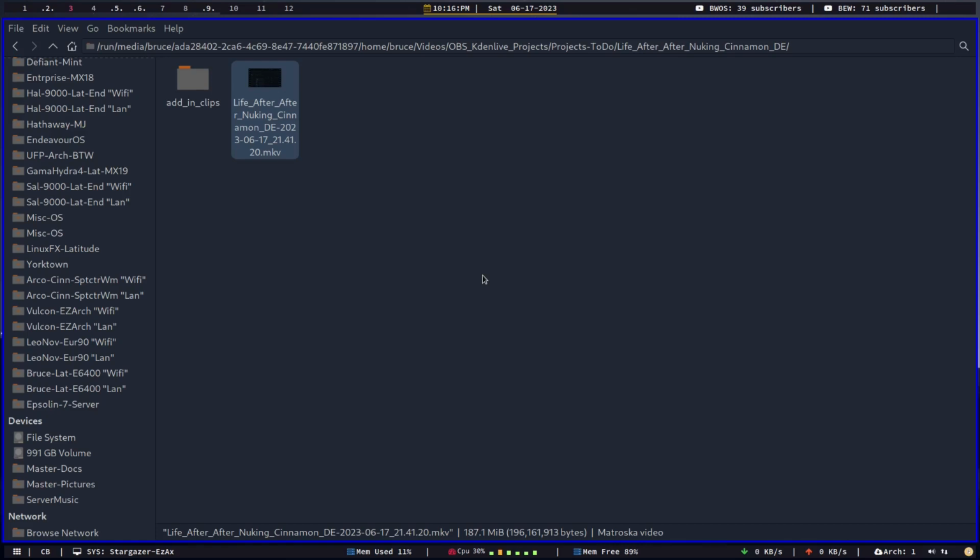With EzArcher's XFce, it's a full desktop, where Arco's LeftWM install ISO is not a full XFce desktop, where this one is. I would lock out and show you, but I can't. It was kill the recording. Anyway,